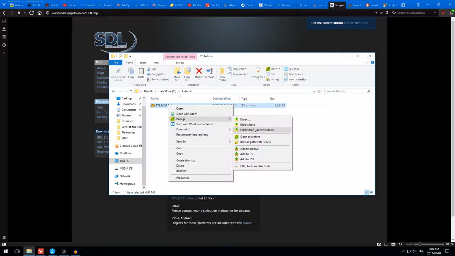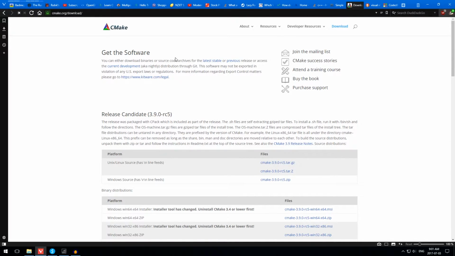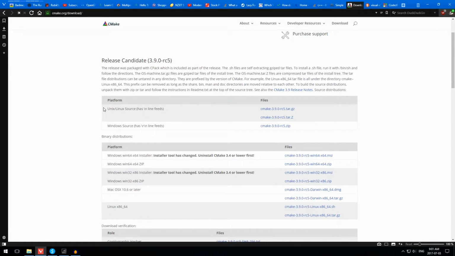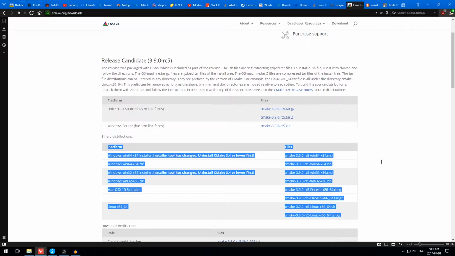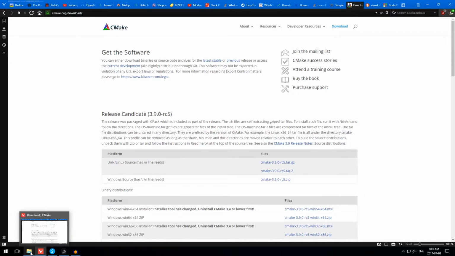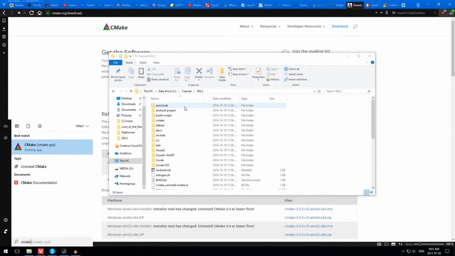I'm using pzip here. You want to download CMake and install that. Hopefully you know which one you need based on your platform. For example, I'm using Windows 64 installer. Once you've installed that, you want to launch CMake,